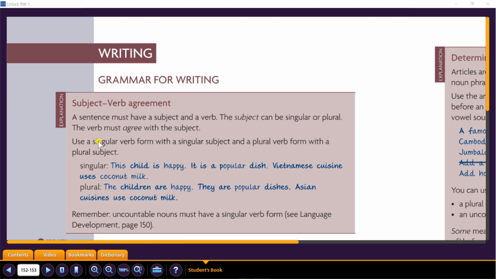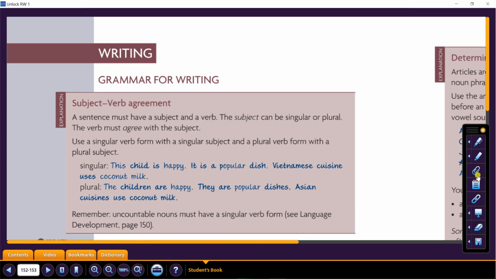Ladies, we already learned that a sentence must have a subject and a verb. Any English sentence must have these two parts. There is no way to write a sentence in English without having a subject and a verb. Like, for example,